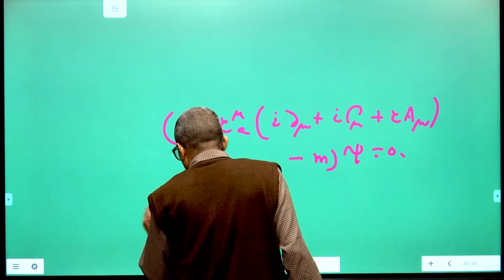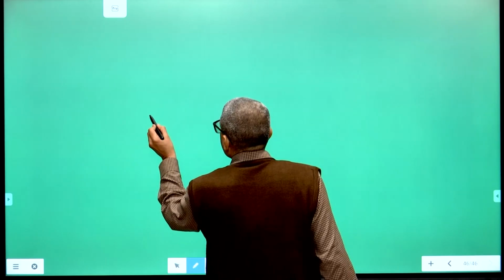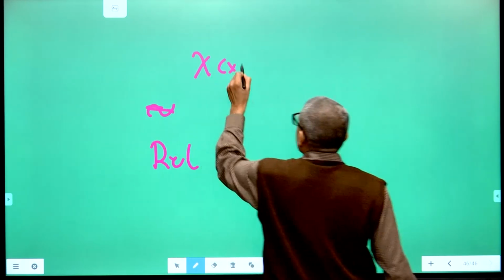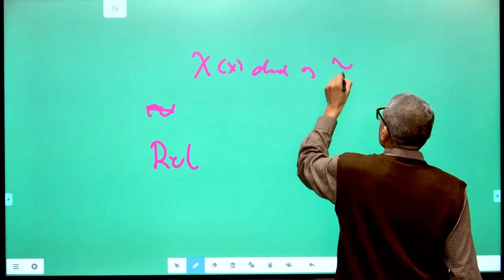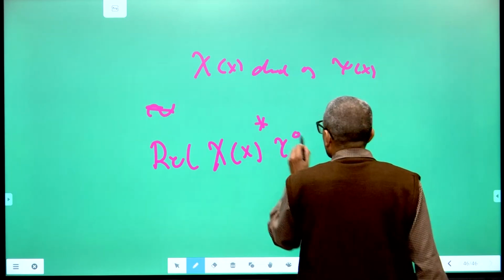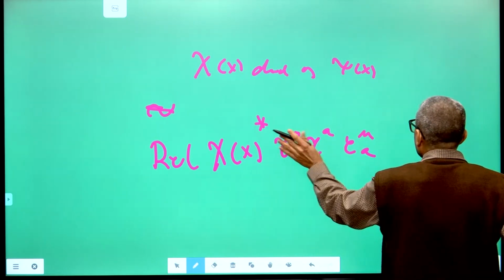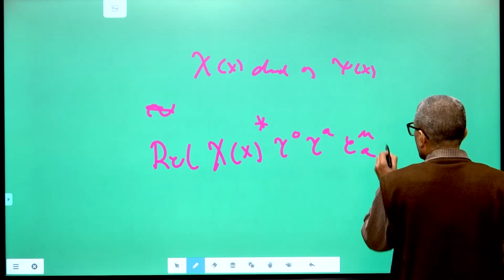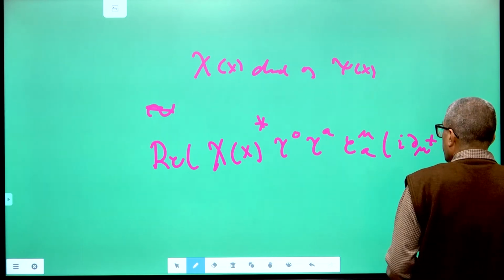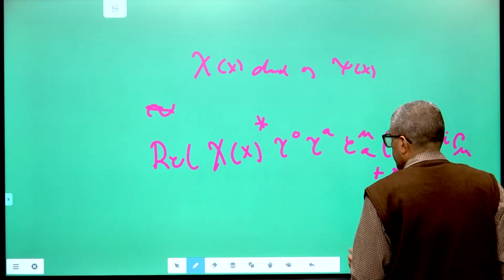What is the Dirac current that I should choose? How do you choose the Dirac current? First observe that the Dirac equation in curved space-time can be derived from a Lagrangian. I can introduce an auxiliary field. So chi I take is the dual of the Dirac field psi, another spinor. So I use chi star, then gamma 0, gamma A into E mu A. I put all the factors which give the correct Dirac equation: E mu A into I dou mu plus I gamma mu plus E A mu. I put everything here and then I put minus m.